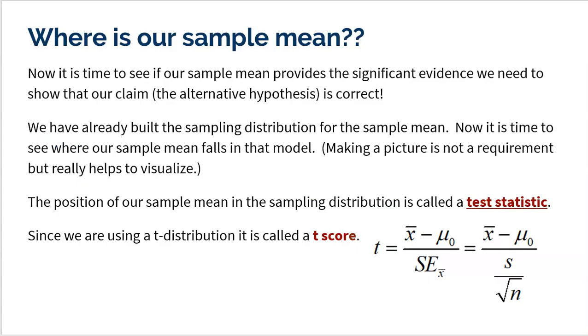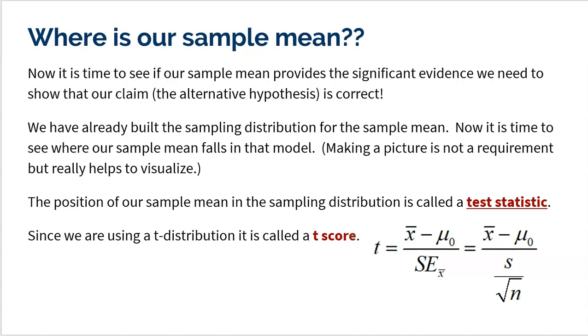Step 3 is where we turn our attention to our sample. What we want to figure out is, where is our sample mean? What I mean by that is we have to see whether our sample mean provides significant evidence that we could show that our claim is correct. Remember, the whole goal is that we think the alternative is true, and that's what we would like to show. The only way we could show that the alternative hypothesis is true is if we have good, solid, significant evidence. So what we need to do is see where our sample mean fits into